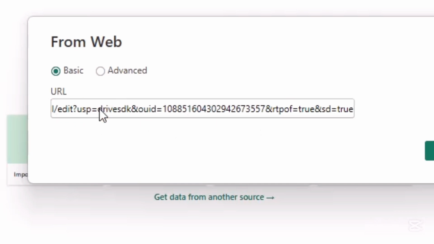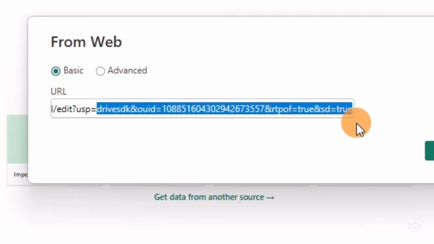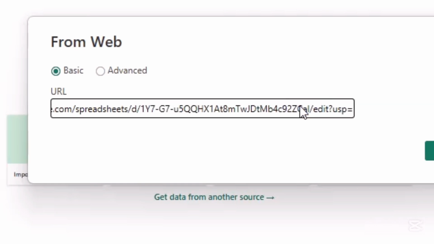But before we click OK, we are going to edit it, because this link is from data that is in a Google Drive, but we want to make it a link of a data set. If you look at this drive's DK, this shows that this is from Google Drive, right? So what we're going to do is highlight from this equals to, after this edit question mark USP equals to, after that equals to, we are going to highlight it and delete it, and then we are going to replace it with